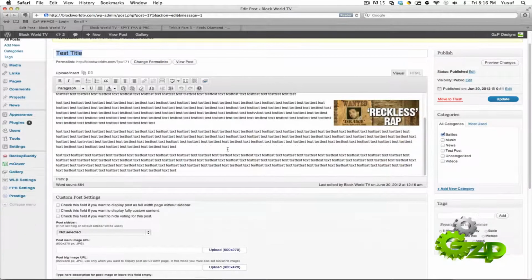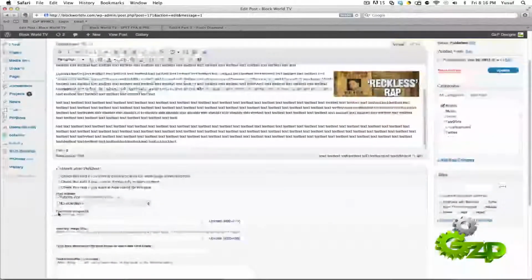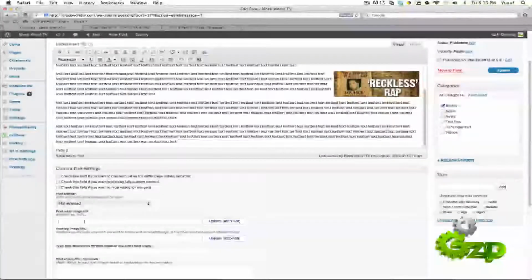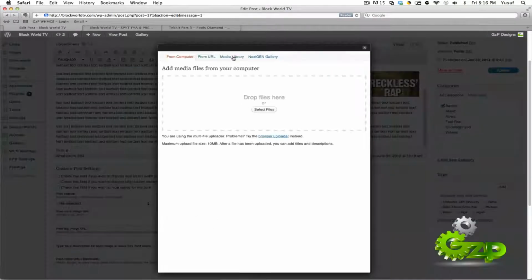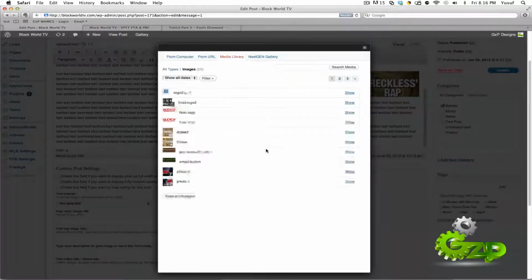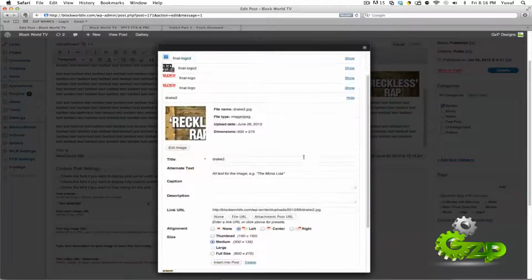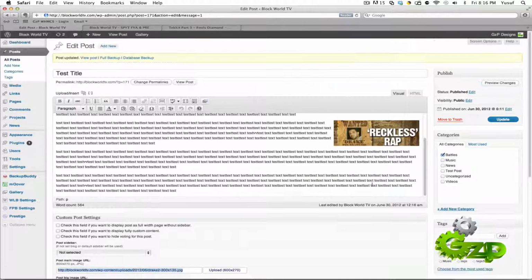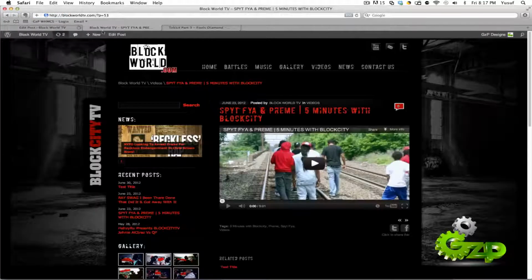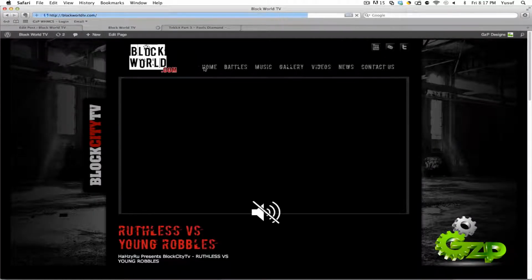Or if your post has no video and you just want an image to show up, all you need to do is go back inside your post, and right here you're going to see where it says post main image URL. That's where you would input an image. So you're going to click upload. Go back to your media library. I'm going to pick that same image, and I'm going to click insert in the post, and now you'll see the URL for that particular image popped up in there. And now when we update it and go back,